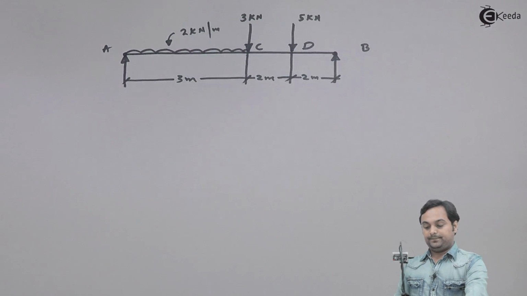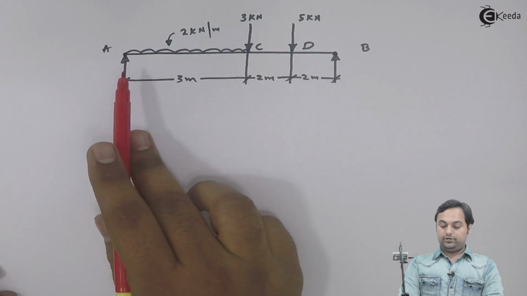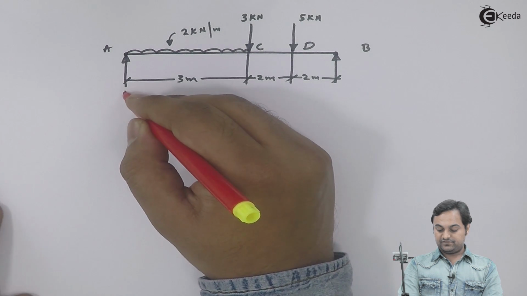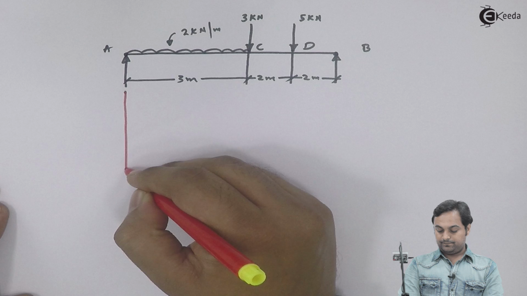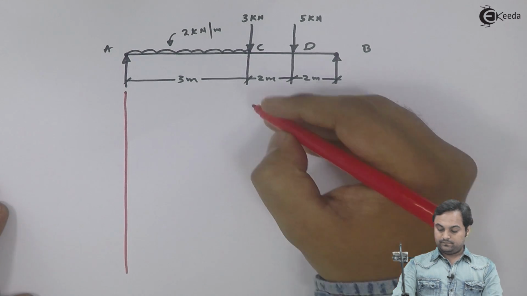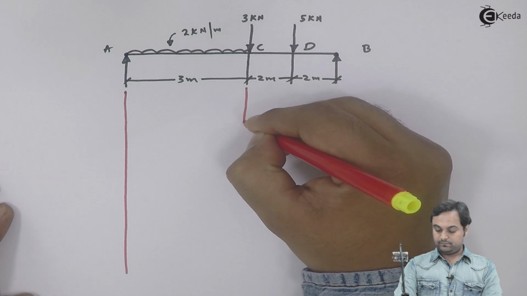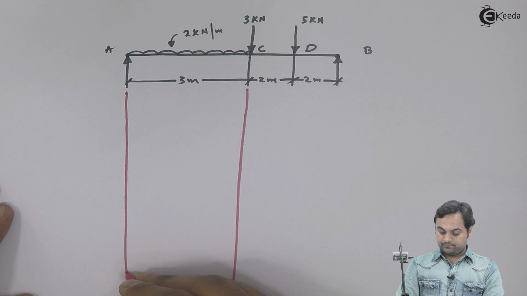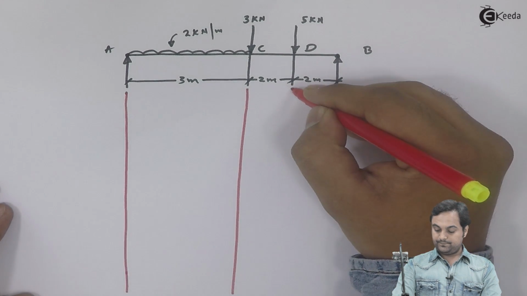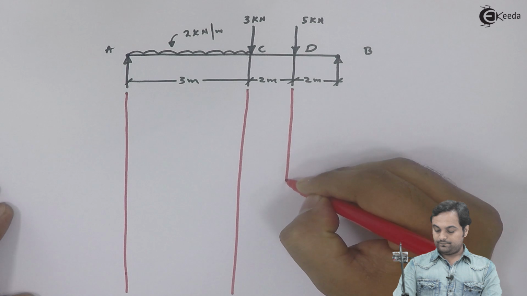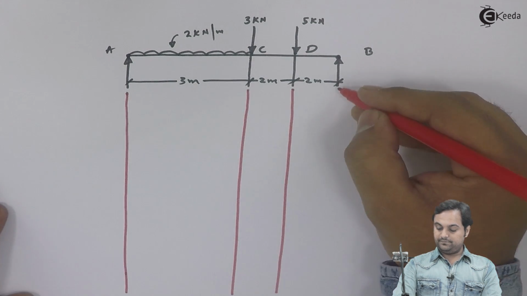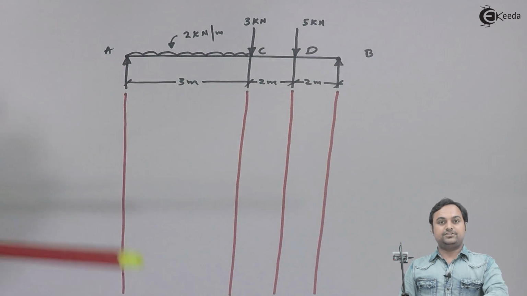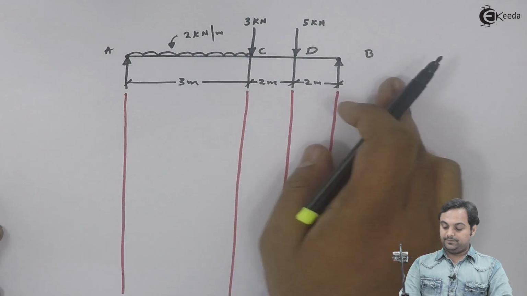This is the beam diagram. Now I would be projecting points A, C, D and B downward, starting with point A, point C, point D, and point B. Now first, for drawing the shear force diagram, the length of the beam and the length of